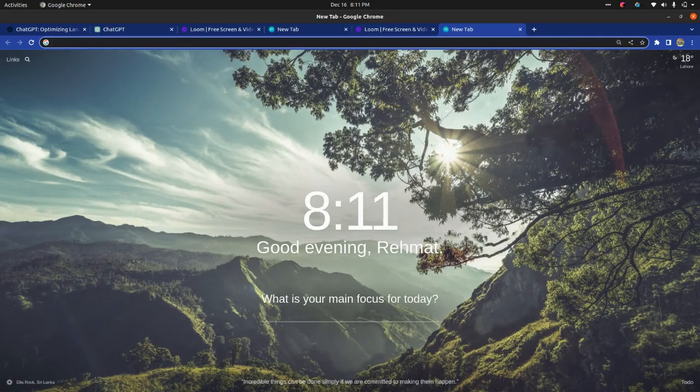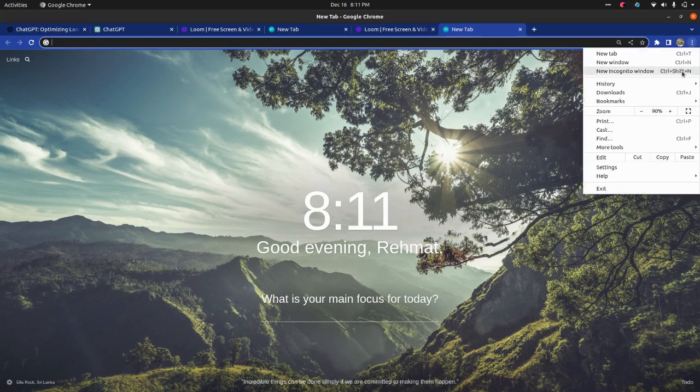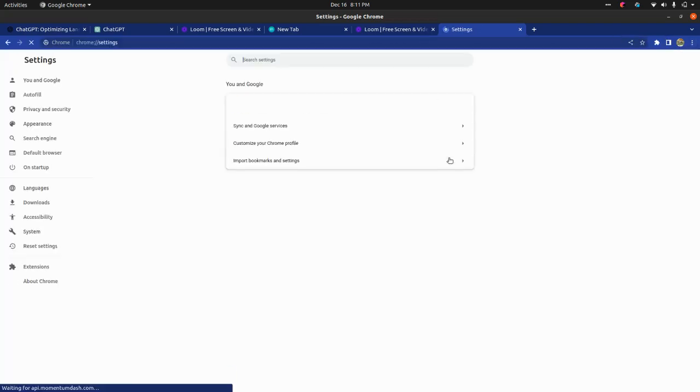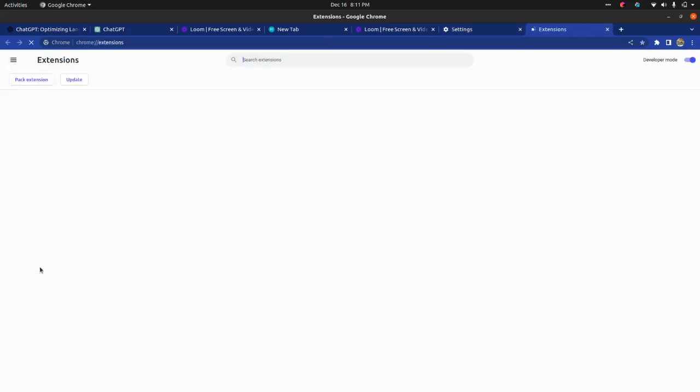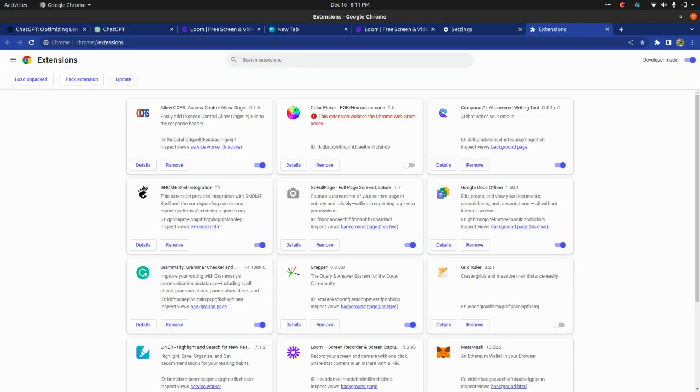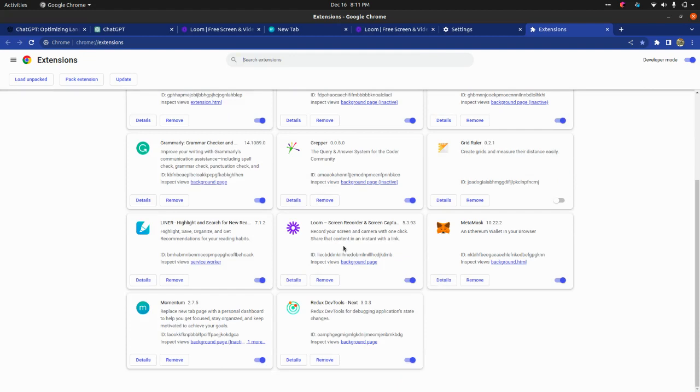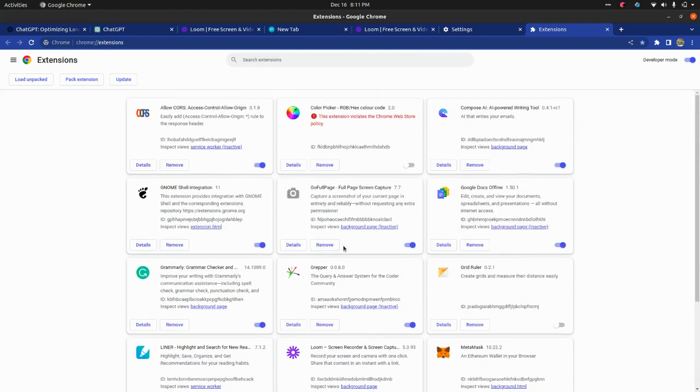Today we are going to see how to add an extension in Google Chrome. So first of all, we will go there and click on Settings. After clicking Settings, we will click on Extensions. And when we click on Extensions, we will see there are a lot of extensions which we already installed, and